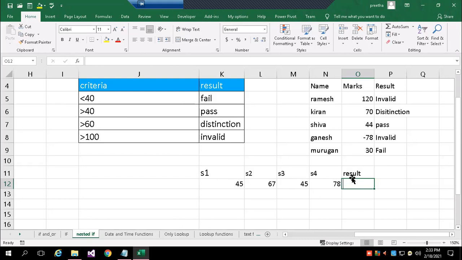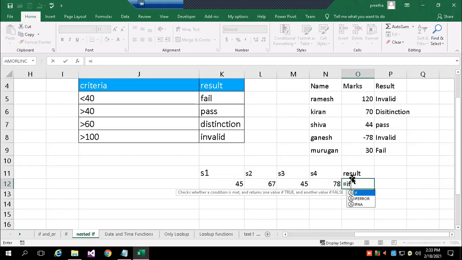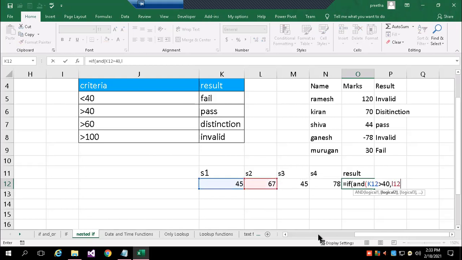So how do I give it here? Equal to IF, AND, but you have to give individually, greater than 40, then L12 greater than 40.